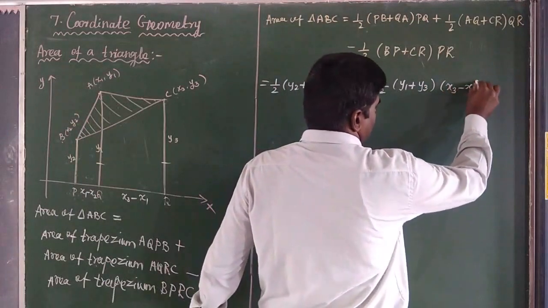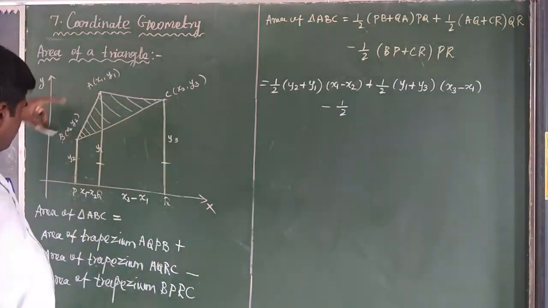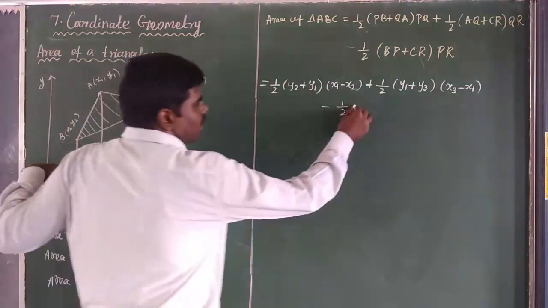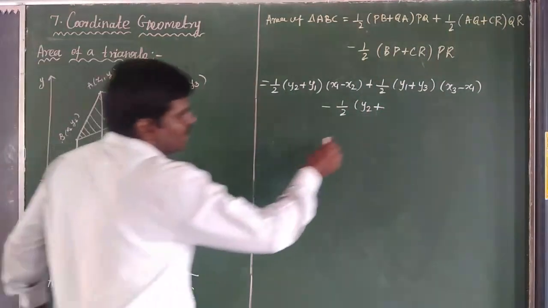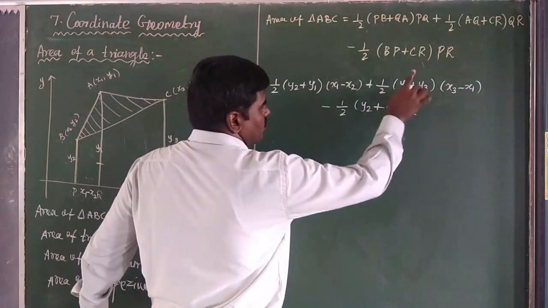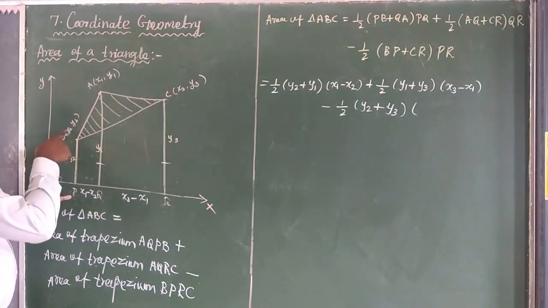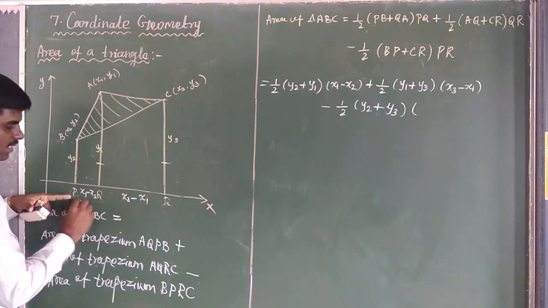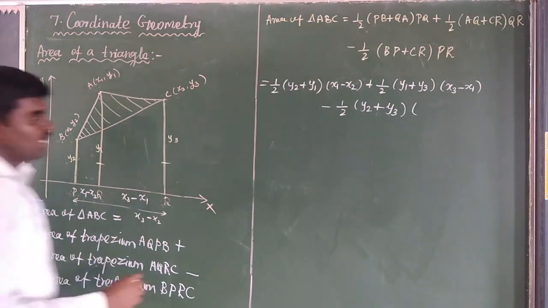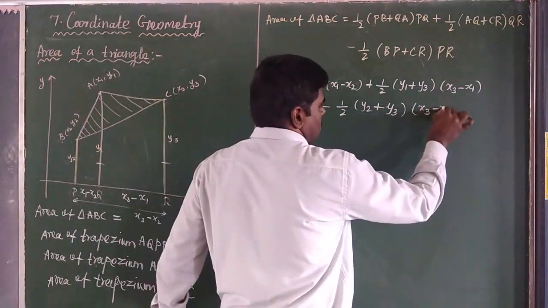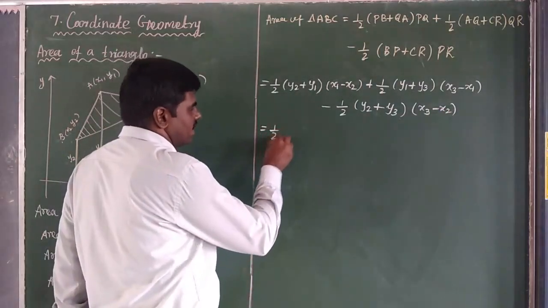Again x3 minus x1. Minus half into BB. Here, BB is equal to y2. Here, what's the distance of y2 plus CR? Okay, CR is y3, into the BR distance. Here, B and R: the x coordinates are x3 and x2. What's the meaning of our total distance? Here to here, the total distance is x3 minus x2. Just for simplification, take 1/2 as common in the entire equation.